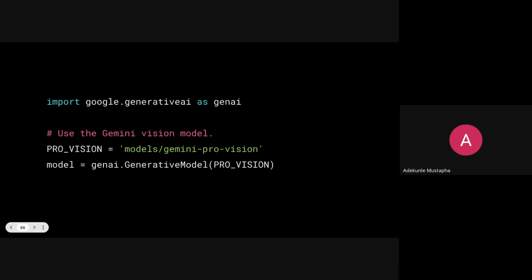So let's say we want to use the vision model of Gemini in a codified format. You can also use it in a similar way, whereby the API is the same as we use for text interaction. So similar API. You just need to use the model that has vision capability, so the Gemini Pro Vision. If you are not using the vision model, it may typically give a wrong response, or may not understand very much what you are trying to do. But if you pass the kind of model that is similar to what you want to do at that particular time, it can influence the kind of response that you would get.